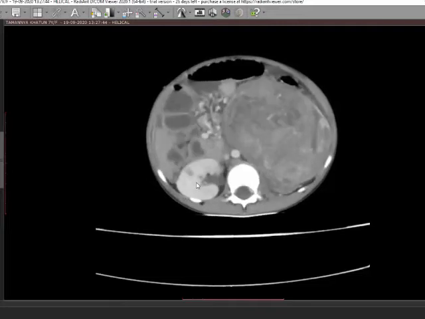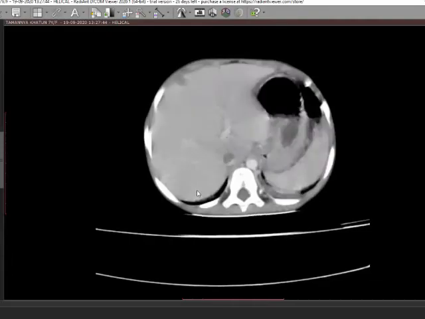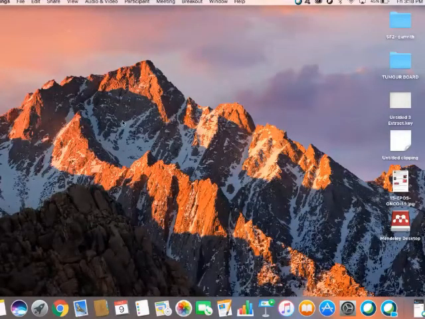Now, in the lung window, even though this is an abdominal scan, a few slices of the lung are there. Right at the first slice, we can see a small, well-defined solid nodule in the right lower lobe. This is suspicious for metastasis, considering that there is a tumor thrombus and liver metastasis, and lung is the first site of metastasis for Wilms tumor.